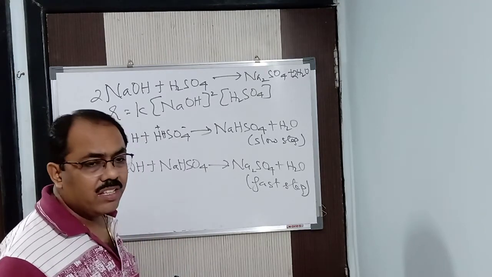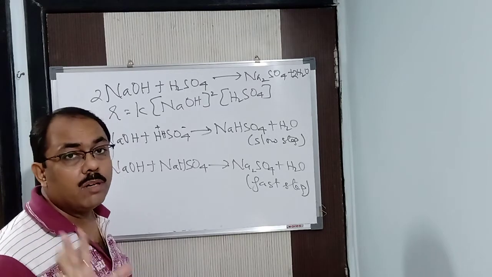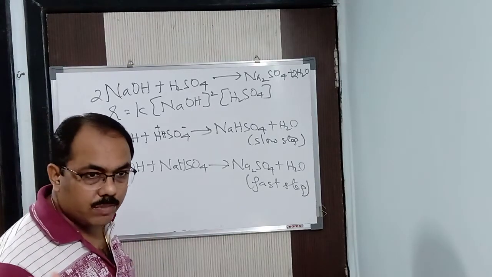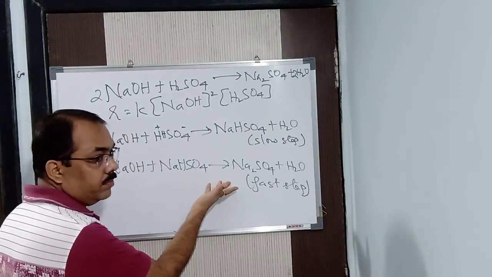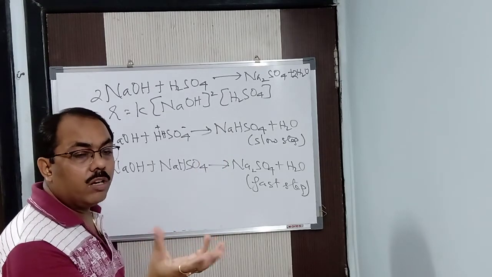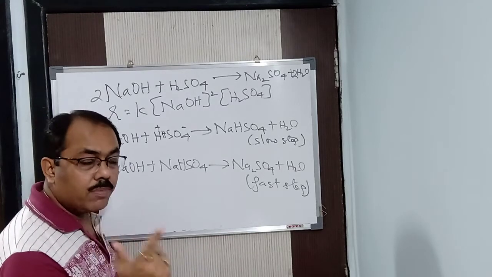For an instantaneous reaction we cannot find the rate because the time interval is very small, 10 to the power minus 14 to 10 to the power minus 16 of a second. Practically it is not possible. But here it is possible because the time interval is some seconds or minutes. So always remember that for that purpose, the slow step is the rate determining step.